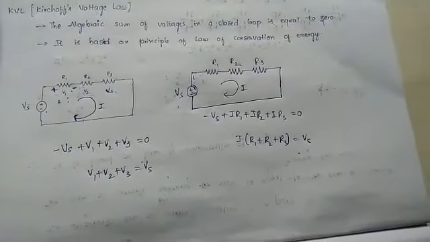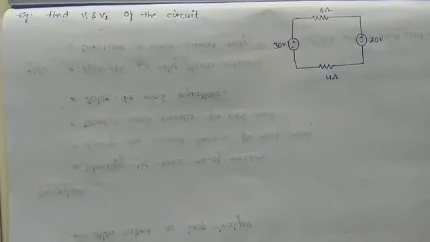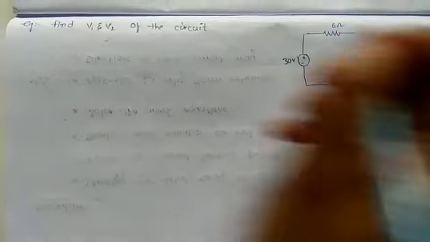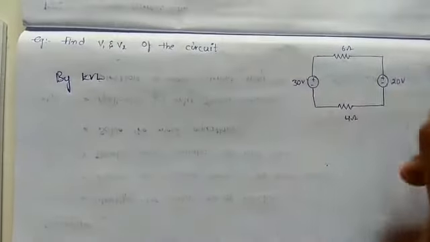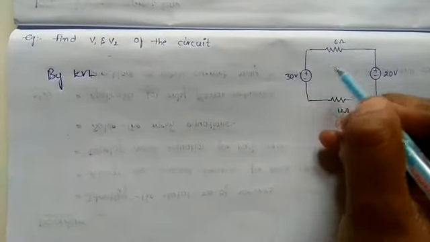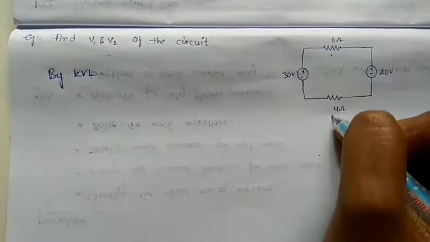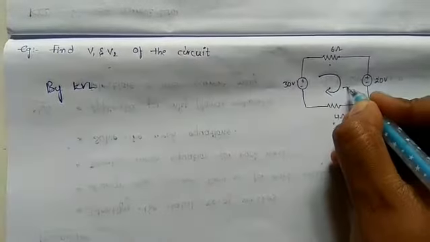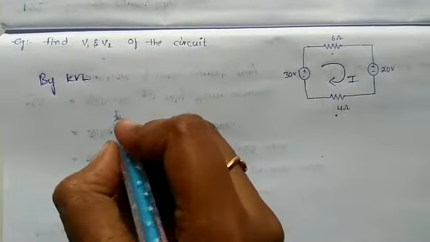And for example, they asked us to find the voltages V1 and V2 of the circuit, right? So to find it by KVL we can find this. Here, this is one resistance and this is another resistance, and consider I amount of current is flowing in a clockwise direction. So writing the KVL equation for that,